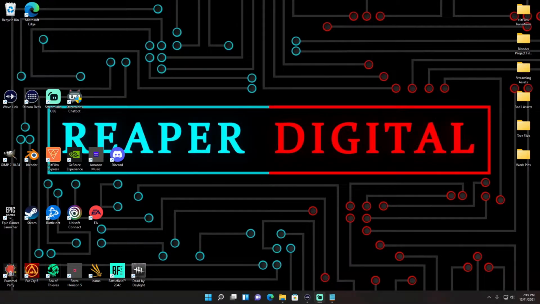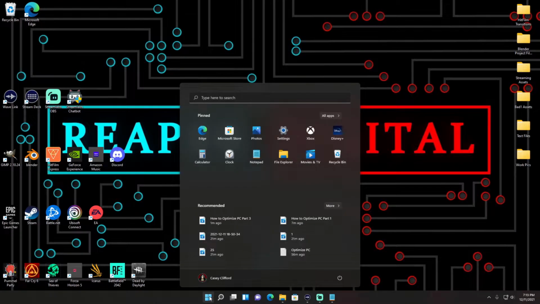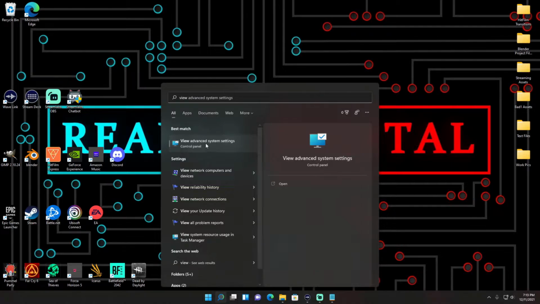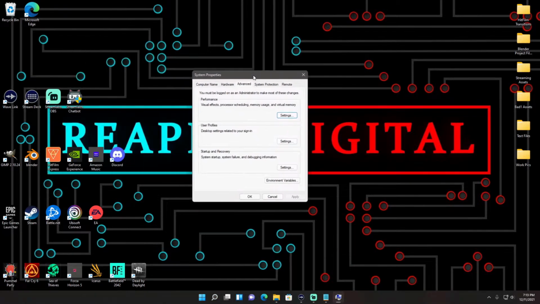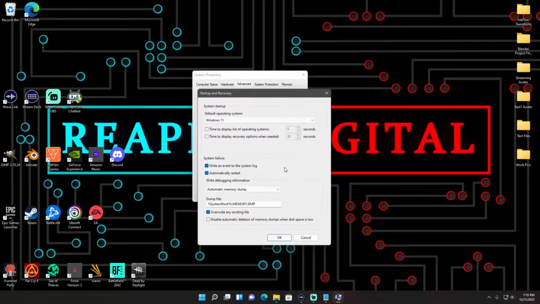How to optimize your PC, part 4. Down here at the start icon, type in View Advanced System Settings, click on that. Now, under Startup and Recovery, hit Settings, and uncheck Time to Display List of Operating Systems and Time to Display Recovery Options when needed,